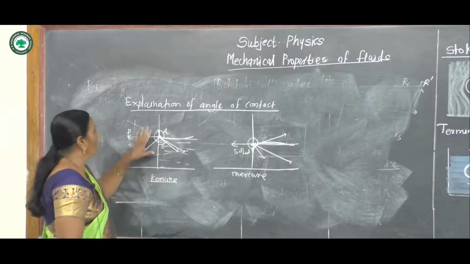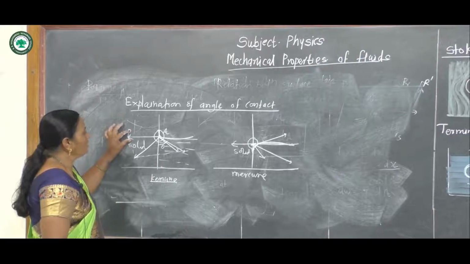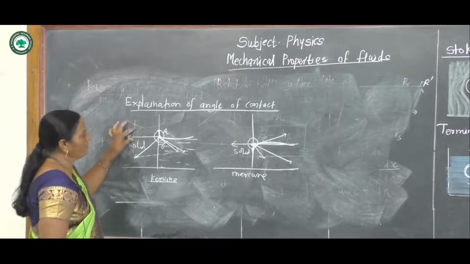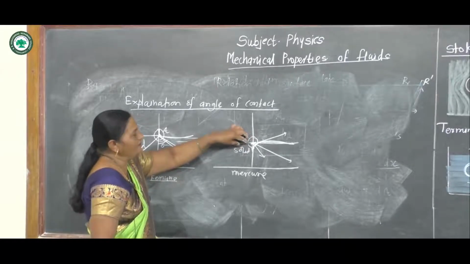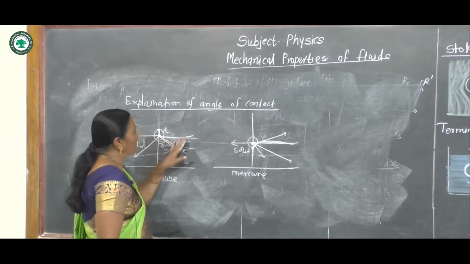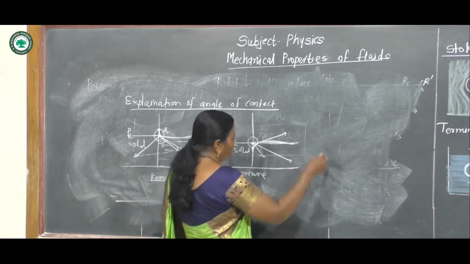In case of mercury, the upper surface is convex due to material property, that is, due to cohesive force and adhesive force. In case of kerosene or impure water, the resultant force or cohesive force is greater. In case of mercury, this cohesive force is lesser. Therefore, there is a concave surface for kerosene and a convex surface for mercury. Now, in case of pure water,